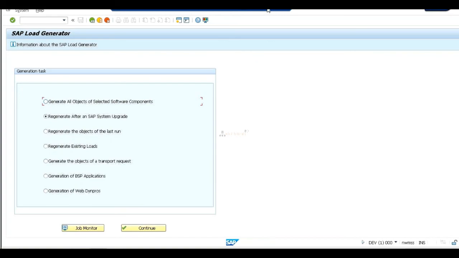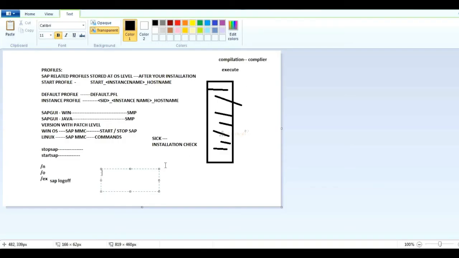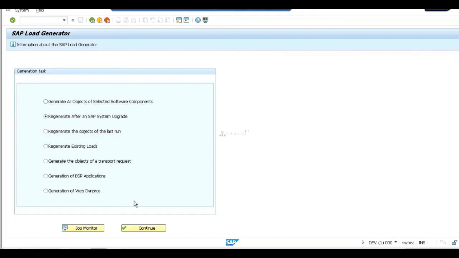In a fresh installation, I have all my programs, coding, and screens freshly installed. Whenever you call any screen or program, how do you call it? Using a transaction code, right? Using a T code, I can call the programs, screens, and everything.